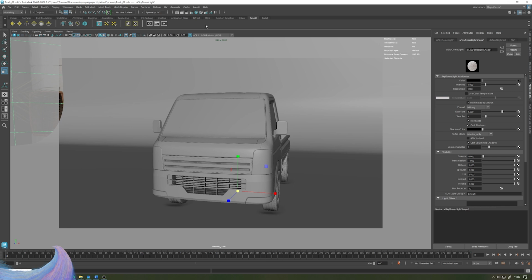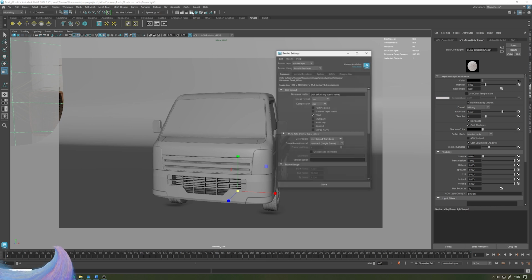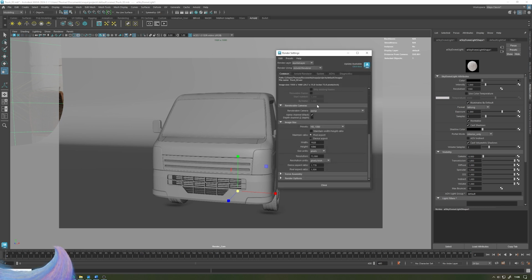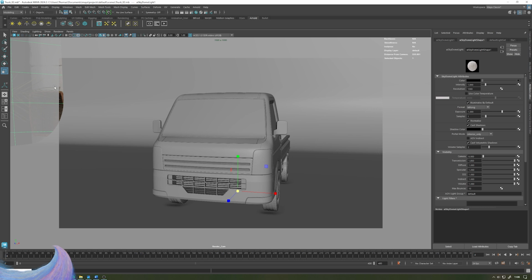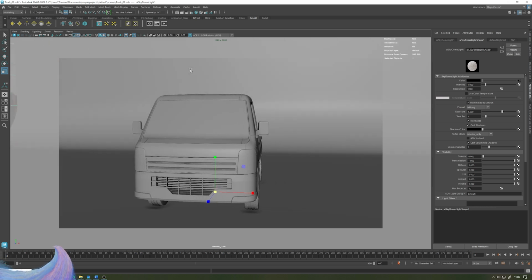It's just going to take your resolution that you've set in your render settings. If you press this button up here and then come to image size, I've just got it set to HD 1080, which is 1920 by 1080, pretty standard size for a lot of media. It's the best way to actually see what you're going to be seeing out of your render. So I'll leave this on for the time being, and let's go ahead and create a bit more of an